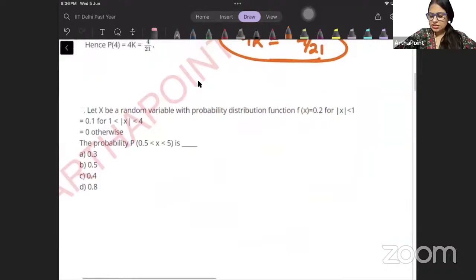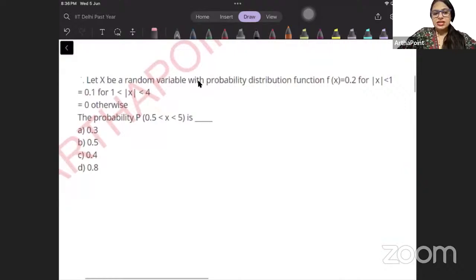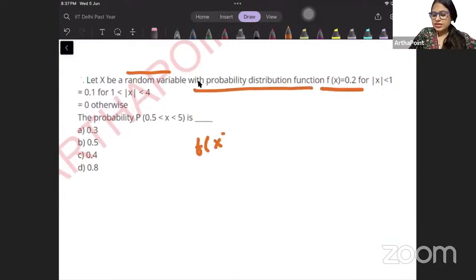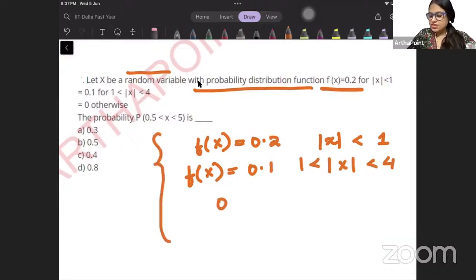So let's take the next question. Try to read the question. Try to do it yourself first. It says, let x be a random variable with the probability distribution function given to you. So f of x is equal to 0.2 when mod x is less than 1. And f of x is equal to 0.1 when mod x is between 1 and 4. Try to answer this question yourself first. And 0 otherwise,